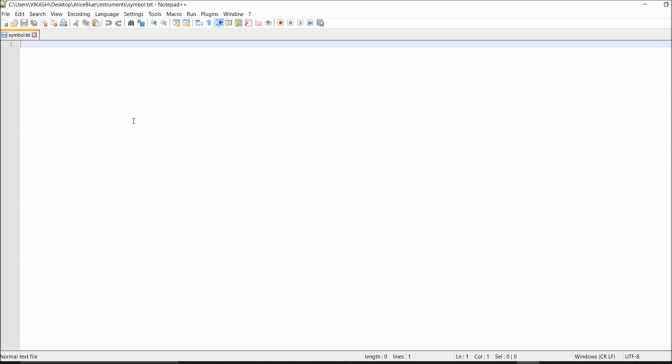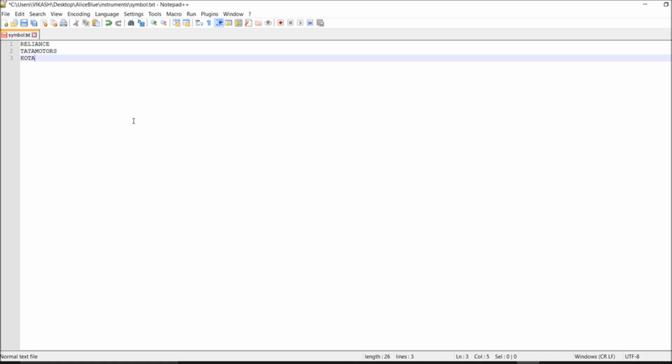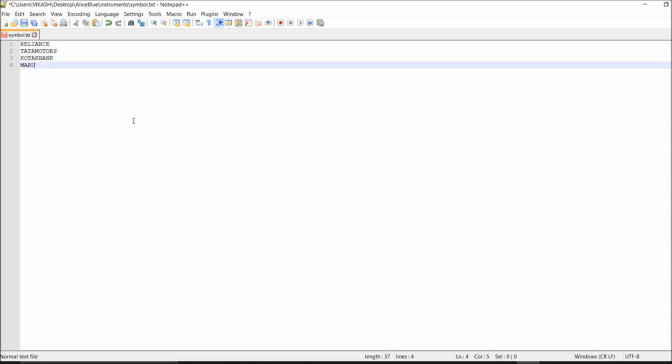Suppose whatever trading symbols I want, okay. I already showed you I want Reliance, Tata Motors, Kotak Bank. So here I know which stocks, which companies I want to trade, so it is easy for me, okay. I just save it and can call them easily.